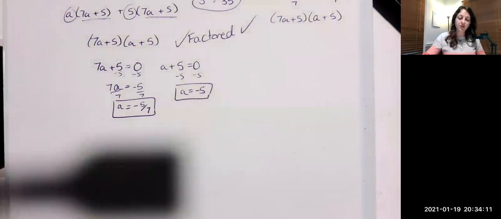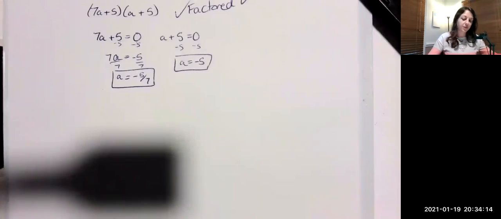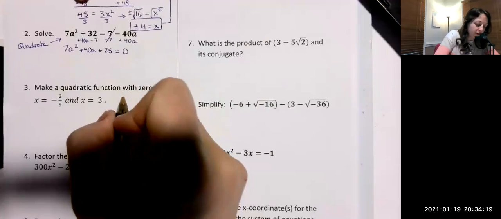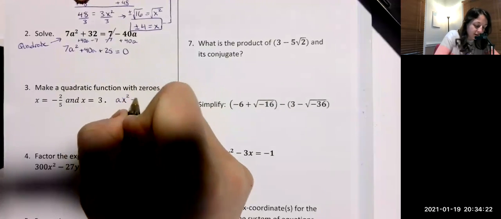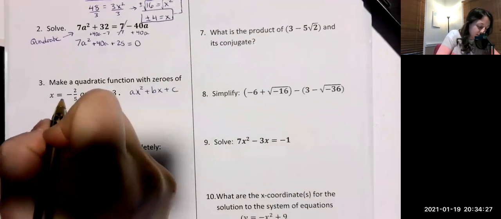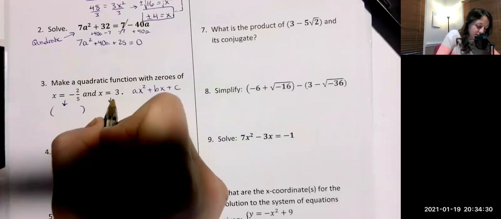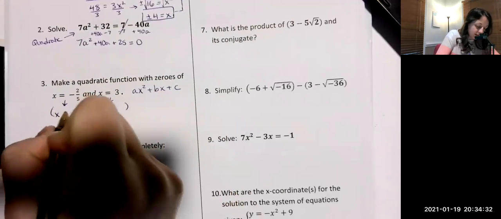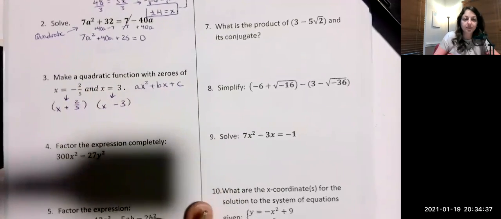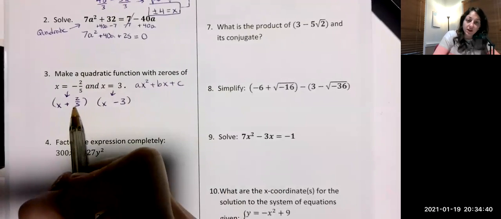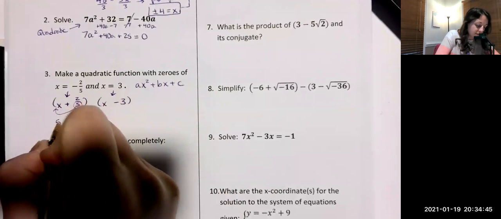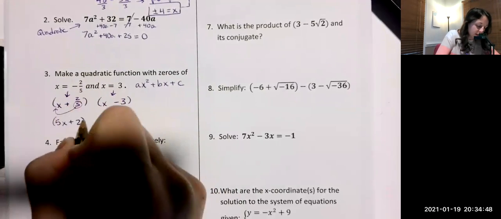All right, last one I'm going to do on this video is number 3. Make a quadratic function. So again, we're looking for ax squared plus bx plus c. So all I'm going to do is take these zeros and make them factors. X plus 2/5, x minus 3. We don't like denominators, we don't like fractions here, so we take that 5 and we put it on the front. 5x plus 2 times